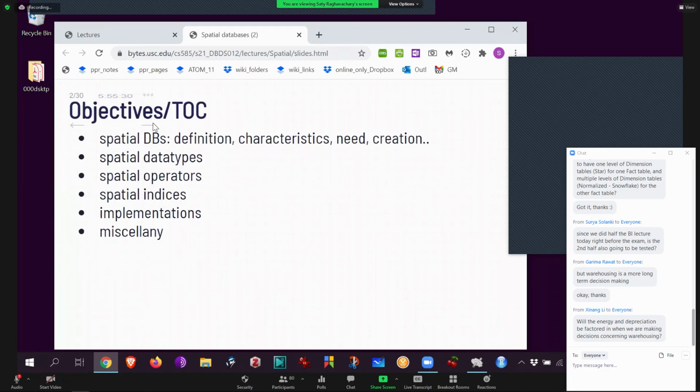A spatial database, taking it from the top: what is a spatial database? What characterizes it? In other words, how do you define it? What's in it? And then why do you need it? So the best part is, why do you need it? And then how do you create it? Just to cut to the chase, okay, it is all very simple. It's right here. Maybe these three. But really those two. What we're doing is something so simple.